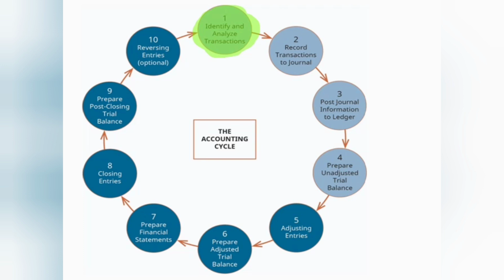Also, all the transactions should have source documents. For example, for the transaction salary paid, we need to have the source document, that is the salary slip. Similarly, for rent paid, we need to have the rent receipt. Similarly, debit note, credit note, and others. So in this step, mainly we need to identify the events as transactions. Also, this transaction must be presented with the source document.